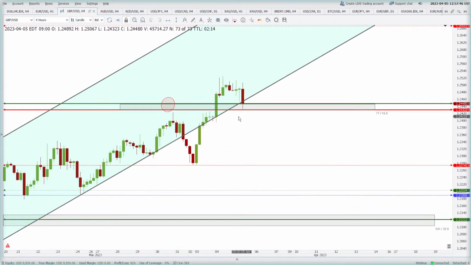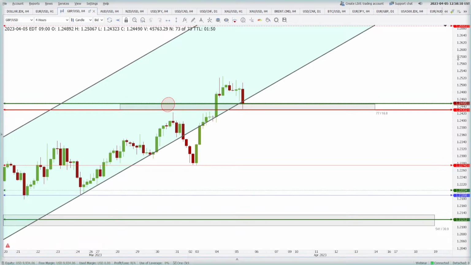We have checked the GBP USD, but for you I'm just revising it. In the Great Britain pound, we had this 1.2447 to 1.2430 area, this area of 18 pips. We were considering it to be a very strong resistance, and yesterday the price went higher than this and gave a closing higher than that, and today the price came back to test this area as a fresh support. Now it is acting as a support and we are expecting higher prices in the GBP USD.